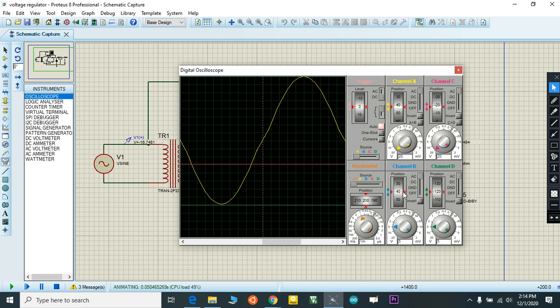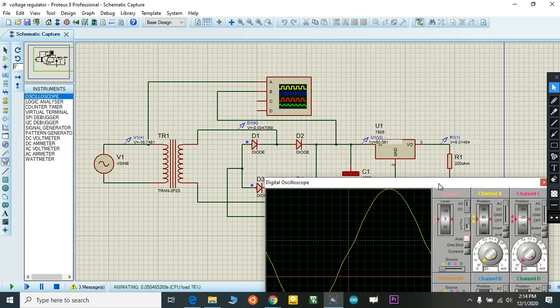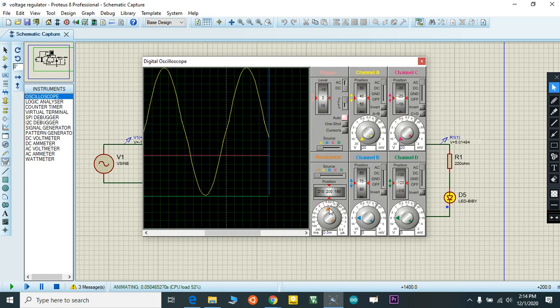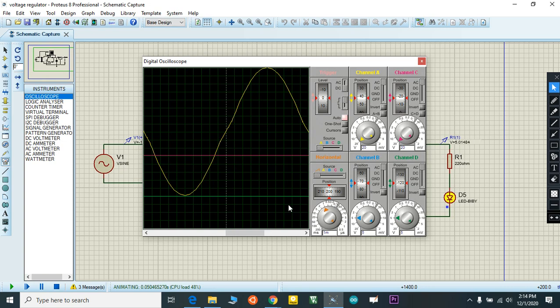Terminal C on, channel B. You can see the waves here.